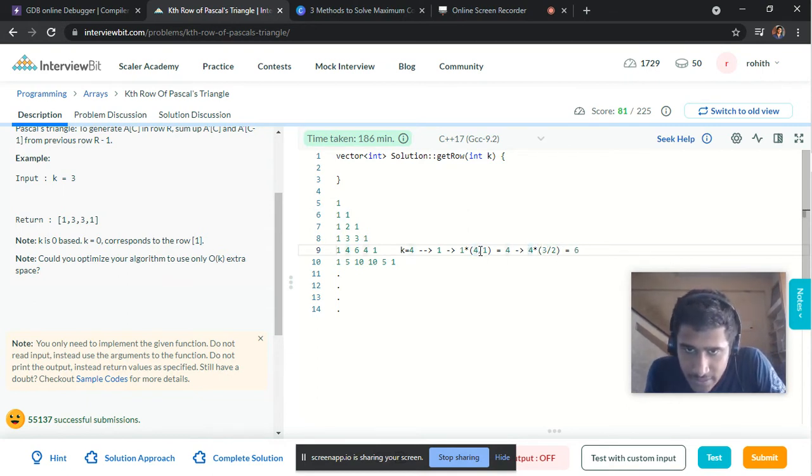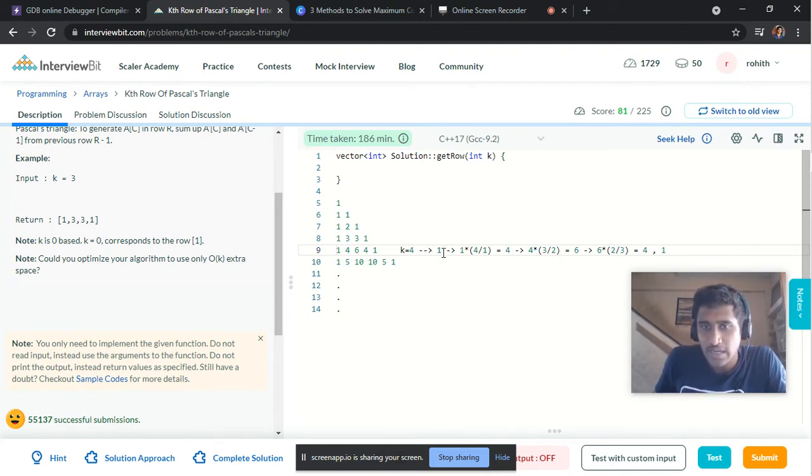This turns out to be 6. You can observe what we are doing: this is the value of k by 1. It is basically starting with 1, and to obtain the next value, you are reducing the numerator by 1, so it is becoming 3, then 2, and you are increasing the denominator by 1. So this turns out to be 6. Now we are considering the value 6. So 6 is getting multiplied by 3 minus 1, which is 2, by 2 plus 1, the denominator increased by 1, so 2 by 3, which is nothing but 4. And the last element is 1.